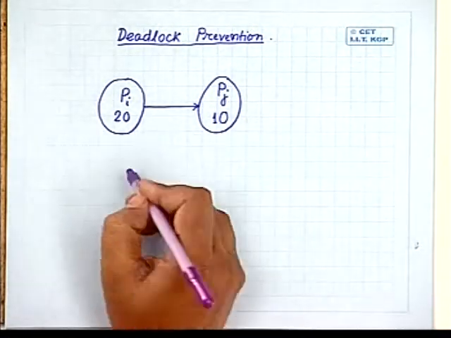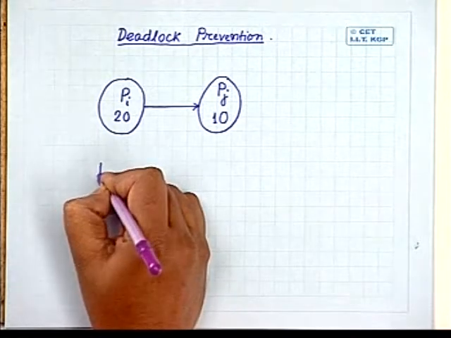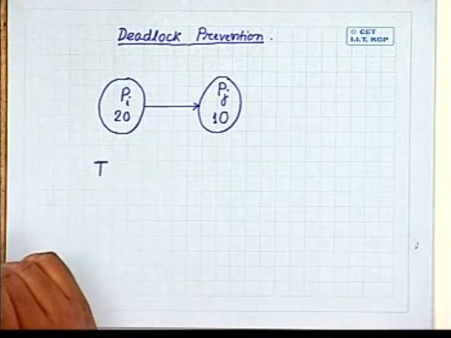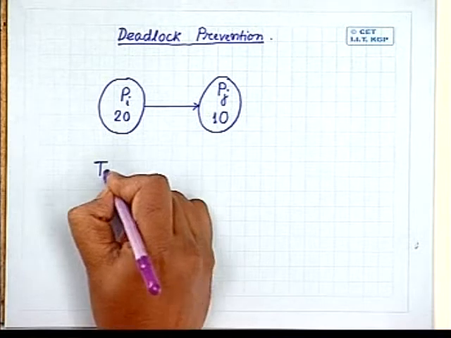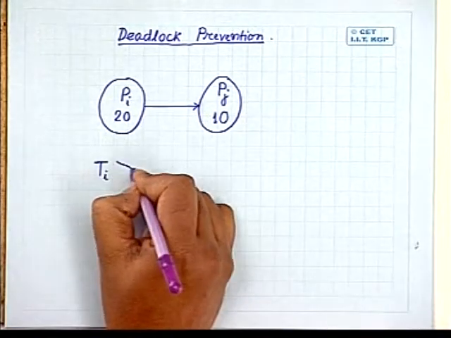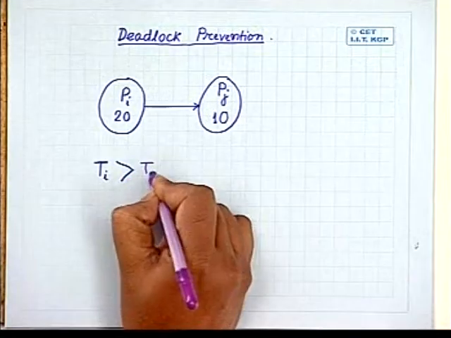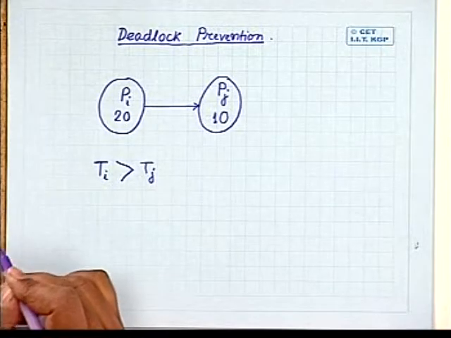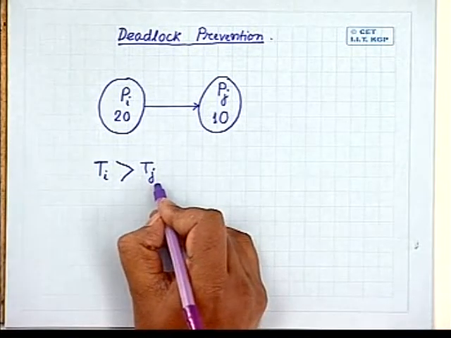If the execution time already completed by Pi, that is Ti, is greater than Tj, the already completed execution time of Pj,